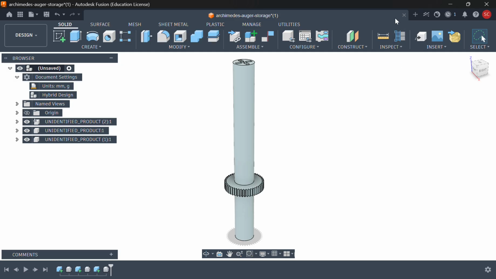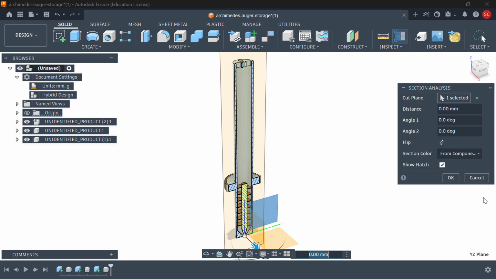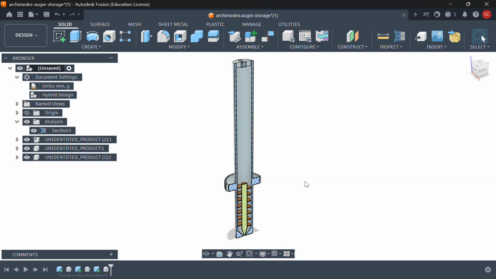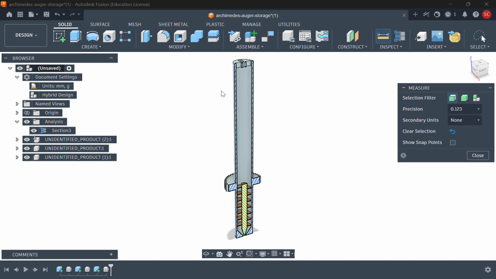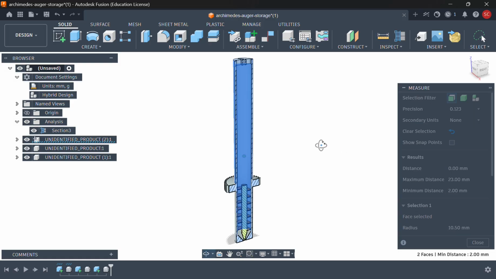So I'm going to start off, actually, before we even make another part, I'm going to make a section view here. Just pick a random section there. So this just allows us to see the internals of everything. And so the main thing we're going to be using this file for is measuring things. So for example, we can measure the internal and external diameter. We see the distance between them